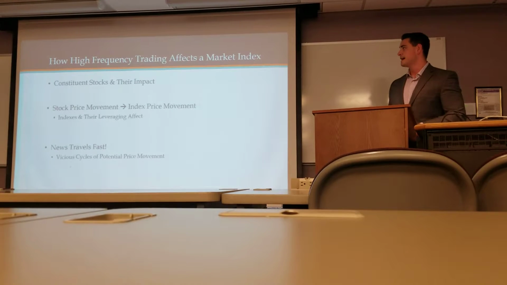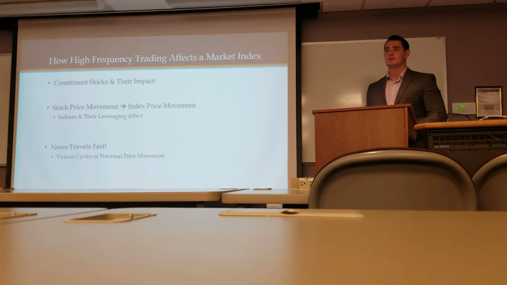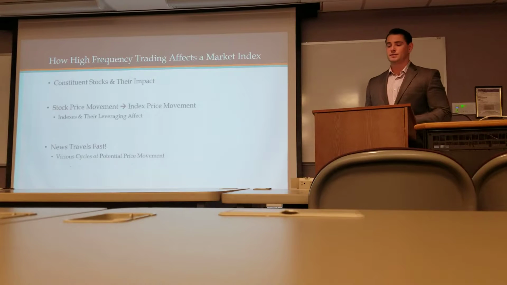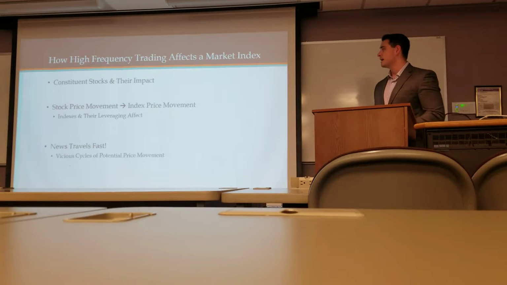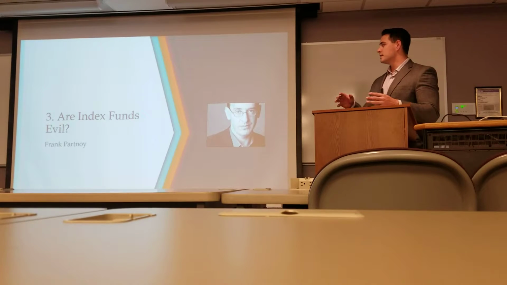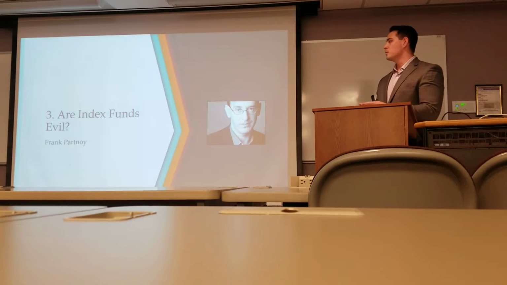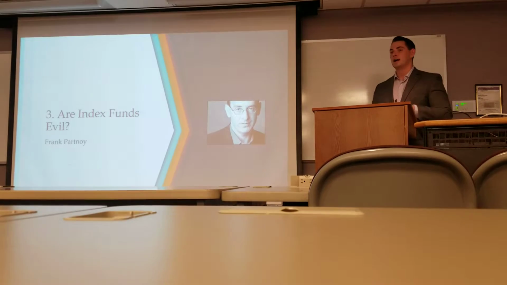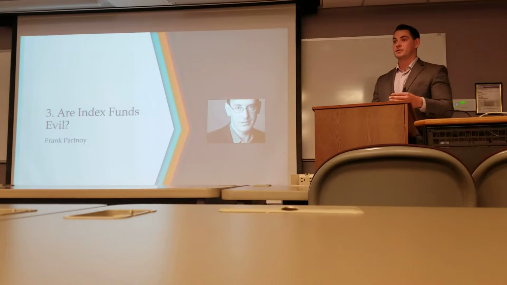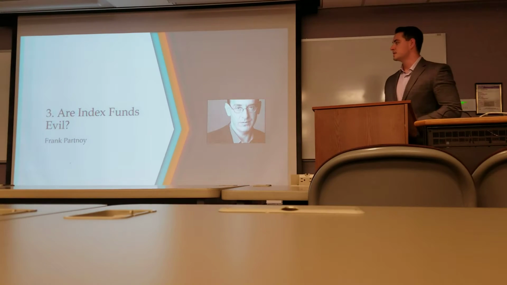What's incredible is how fast this has evolved. In the 1990s, we were looking at 7 to 10 seconds to execute a trade, and now Wall Street traders are able to do dozens of trades before you can blink your eye. So moving on, and if you haven't noticed, these all kind of interlock. So we're looking at how price movements within indexes work, how vulnerability within the market is increased by not diversifying, by diversifying, and some of those points will make a little bit more sense with these next few articles.